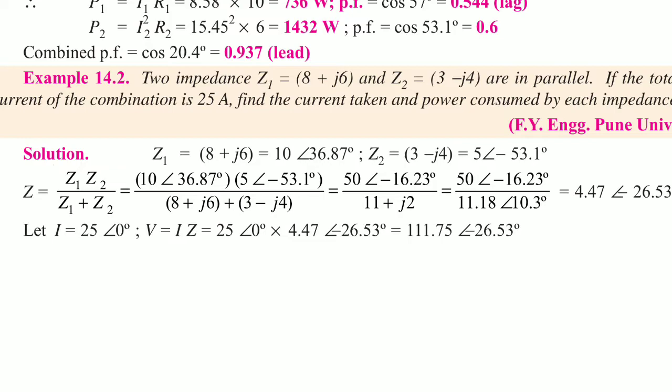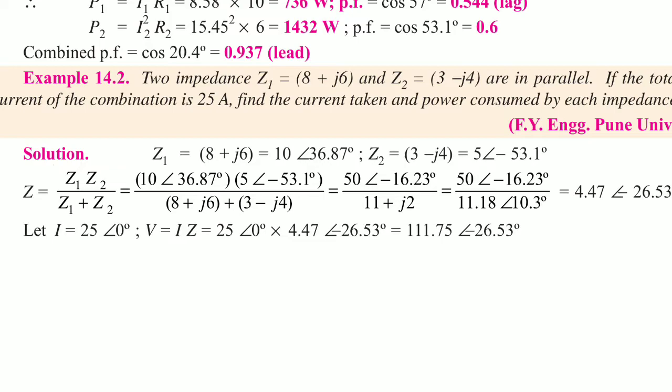Now Z2 is equal to 3 minus j4, in rectangular form; converting into polar form gives 5 angle of minus 53.1 degrees. Next is the overall or total impedance Z. These two branches are connected in parallel, so the resultant impedance Z is equal to